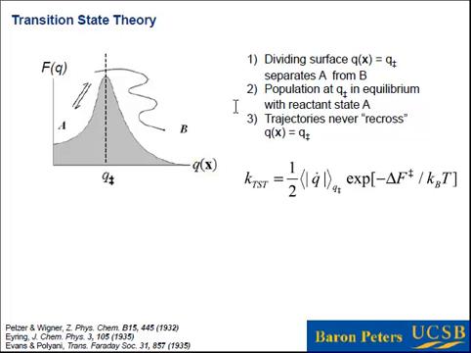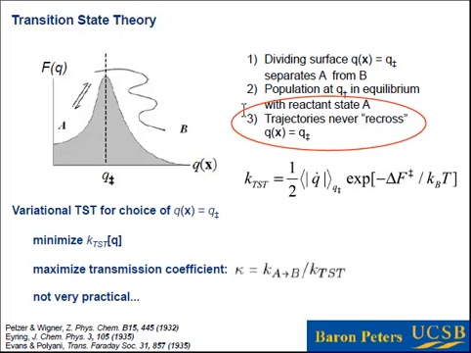And the third assumption, and this is why it's really impossible to do this, is that you have equilibrium and yet you have fluxes. So the states that live here on this dividing surface, some of them are crossing over to the right. Those that cross over this dividing surface going to the right never return, and they go on to become long-lived products. Okay, so under these assumptions, the transition state theory rate constant can be written in this form. What you'll see here, though, is that the validity of this third assumption really depends on what coordinate you use to compute the free energy barrier and to compute the prefactor.